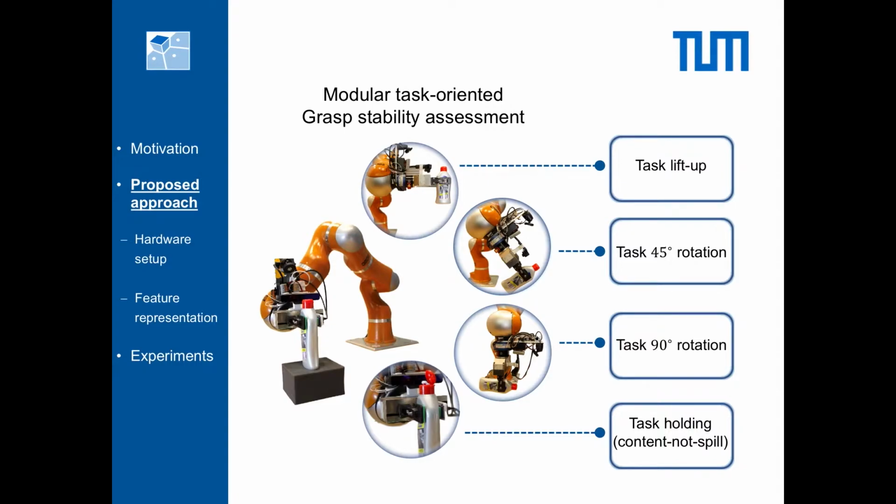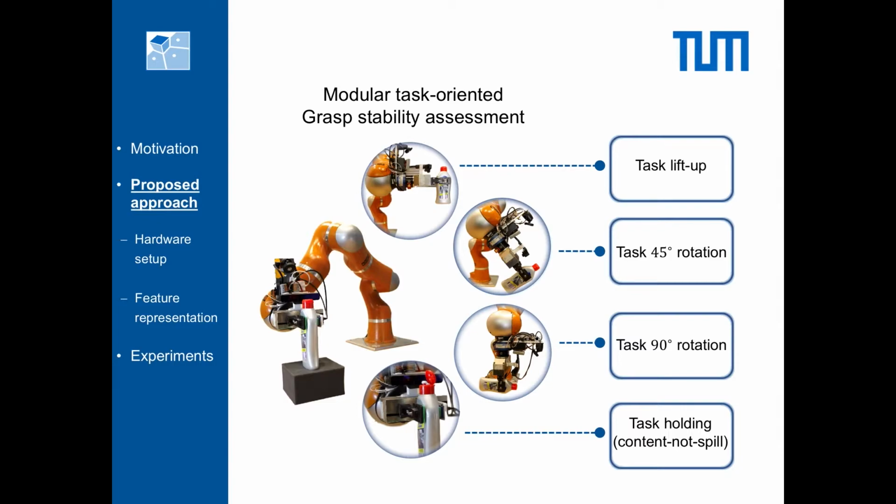However, it is very expensive to recollect the data or retrain the underlying model for different tasks. Therefore, our solution is to divide a manipulation task into subtasks, which are defined as modular tasks in this work. The modular tasks comprise basic operations such as lifting, rotating, and holding the object while the content does not spill when it is open. In this work, we aim to learn the stability of 4 modular tasks based on features acquired before the task execution. By combining the modular tasks, the stability of multiple sophisticated tasks can be estimated without recollecting the data or